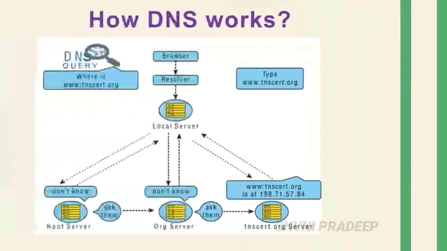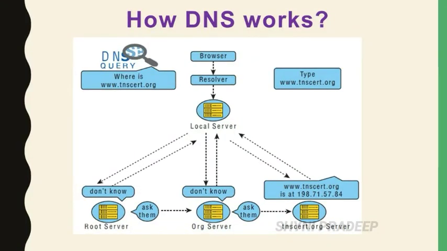Next topic is how DNS works. When the user enters the URL in the browser, the system first checks for its corresponding IP address. If the IP address is found, then the information is retrieved. If not, the system needs to perform a DNS query, which means it queries the resolver about the IP address from the ISP, Internet Service Provider. If the IP address is found, then the information is retrieved. If not, the query is passed to the next domain server, until the query is solved, passing to the next level domains.